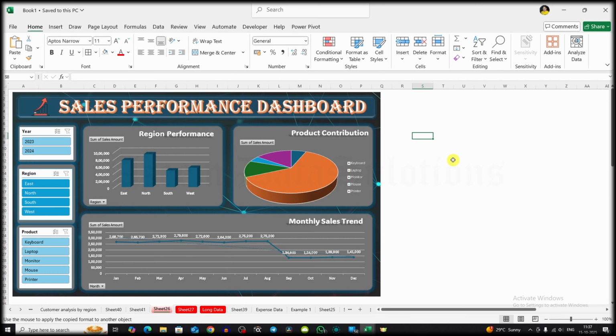Remember, clarity beats complexity. Our dashboard should be simple but powerful.